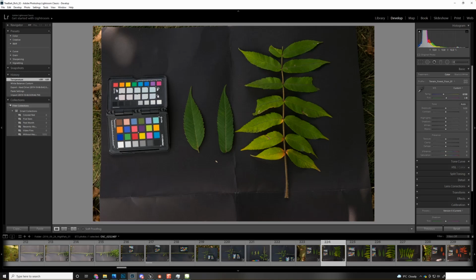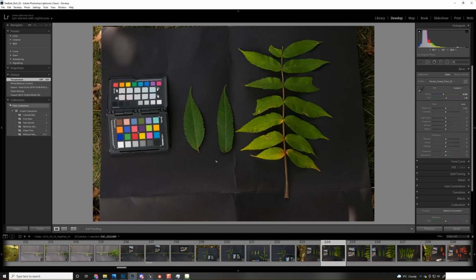Everything's in a shaded area, but I am using a custom profile, which I create in Lightroom. This is really an optional step. You don't really need to do this step, but essentially you would load in the profile for this color